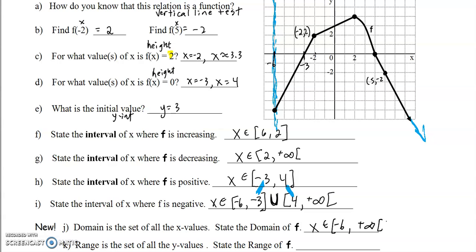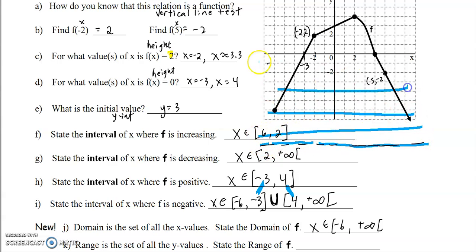When it comes to the range, it's going to be the y values, and it's the same thing except that instead of looking left to right, we have to be looking down to up. And I really want to make sure you understand that we have to go to lowest values first. Here's my lowest value in blue, and then it goes up, up, up, and how high does that go on the graph? It goes up until a height of y is equal to, not 6, be able to count here,